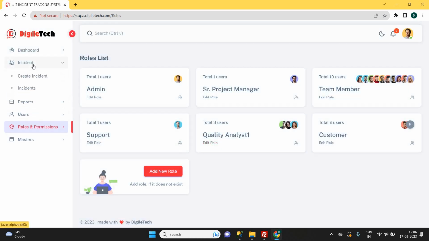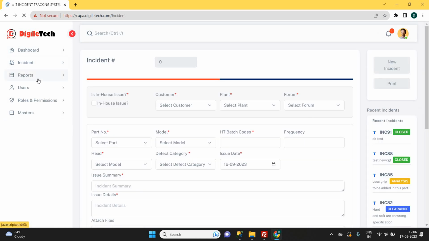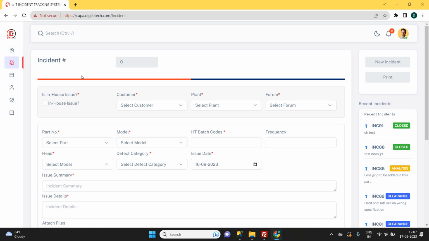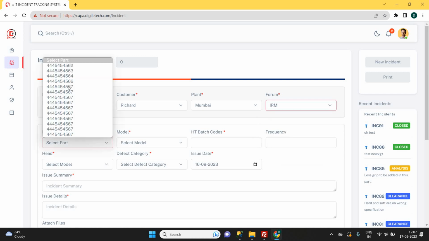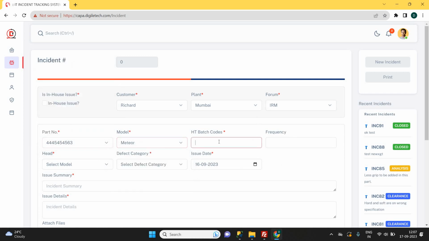Now let's go into the incident. I want to create an issue that comes from one customer. So let me go into the incident. This is the screen where I can create the new issue. If this is an in-house issue, I can check it. If this is associated with a particular customer, I can select the customer here. Okay, I can select the plant. I can select the forum, part number, model number, HD code,